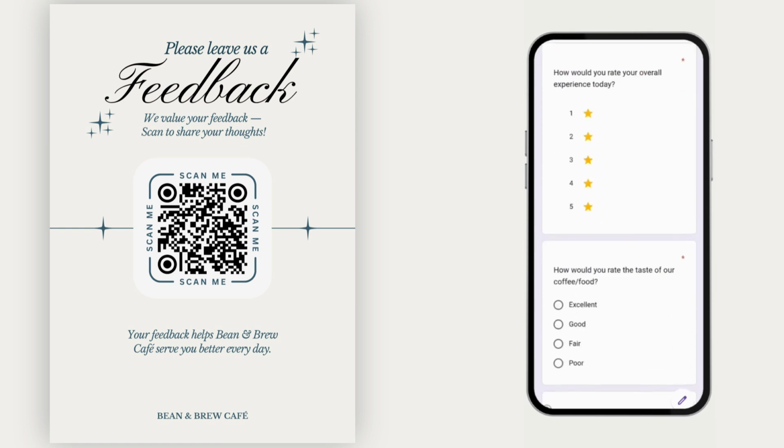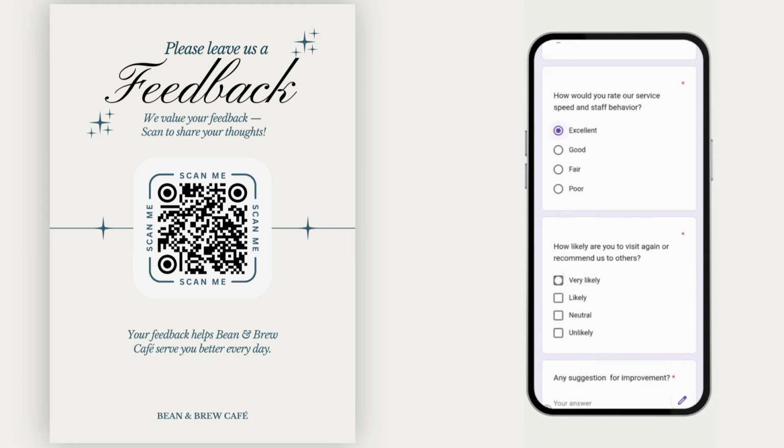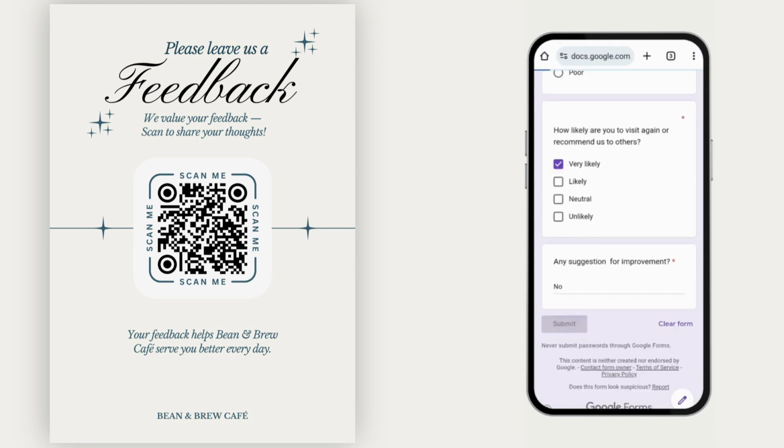So any user who scans this form will be able to leave the feedback for your business or any other